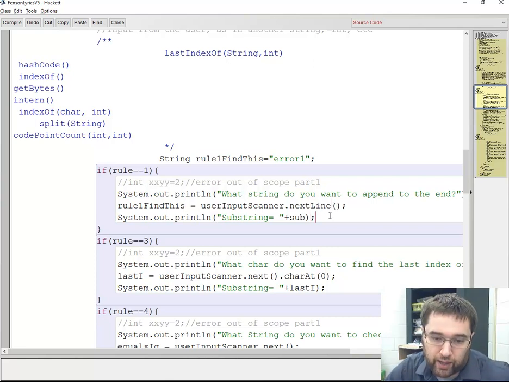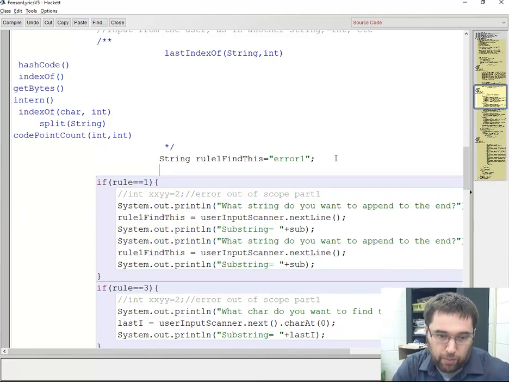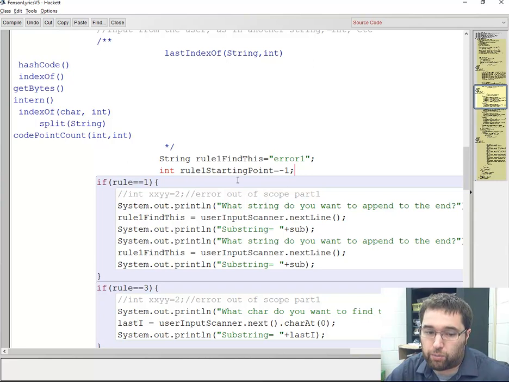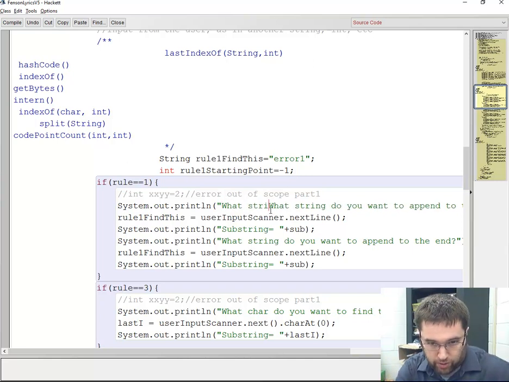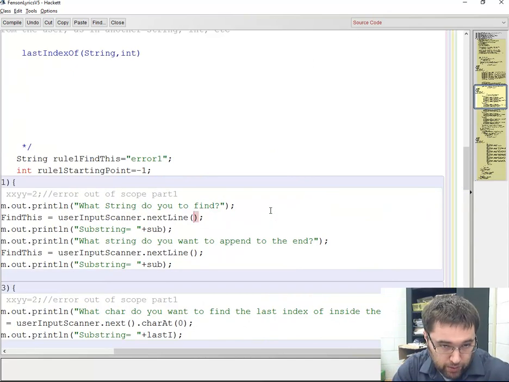Next what I'm going to be doing is getting an int. So I'm going to copy this whole thing, paste this right here, make an int rule1StartingPoint equals -1, because we never start with -1. That'll throw an error message if we don't get it, so that's good. And so what string do you want to find? And then the next one is, I'm going to change this to string equals find this, so that I output to the screen that I got it. The next one is what